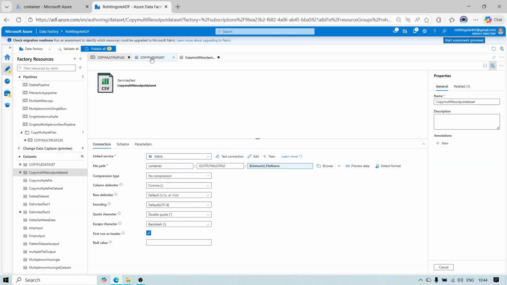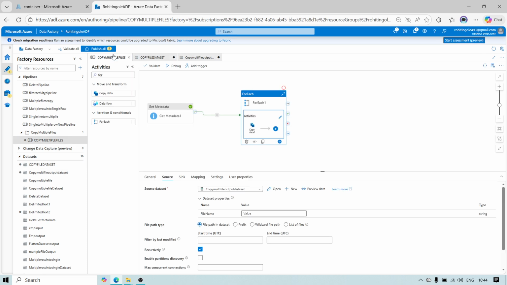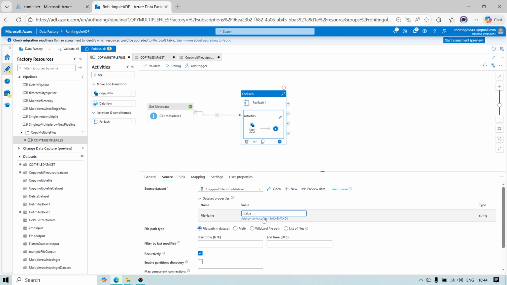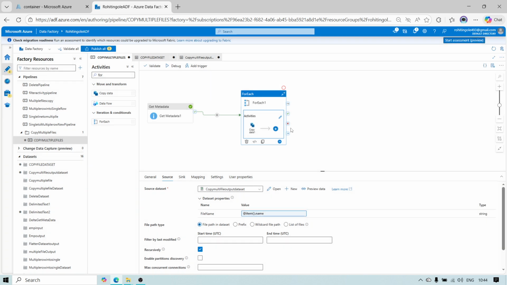Again, if I come to the copy data set, copy multiple files, under this activity, under this file name, we want for each item dot name. We previously saw we had two values, name and type, sorry. And now if I run this code,